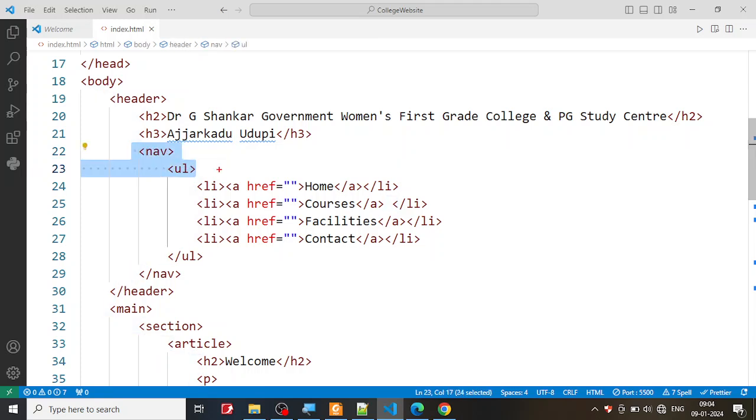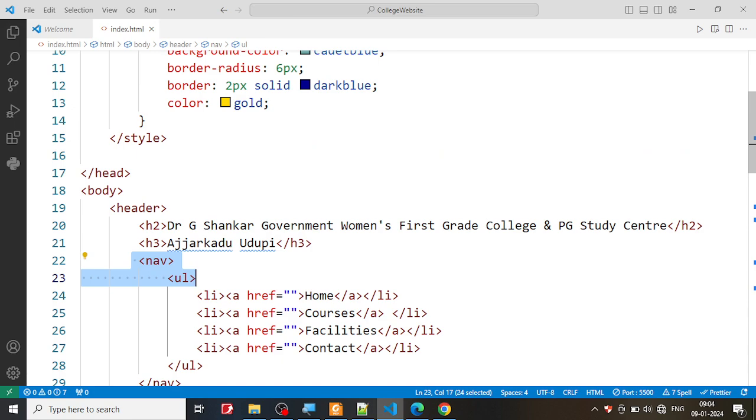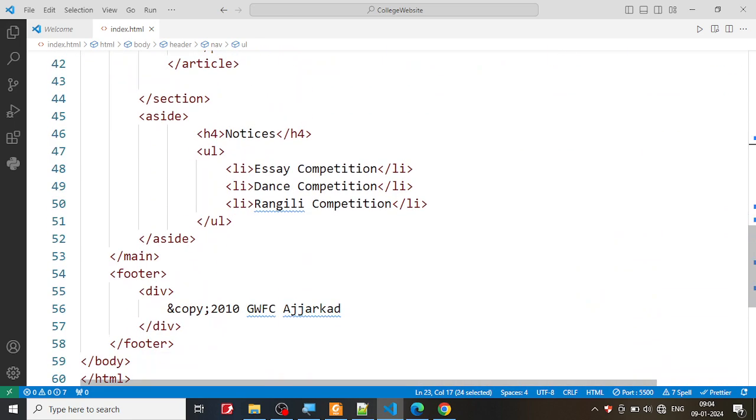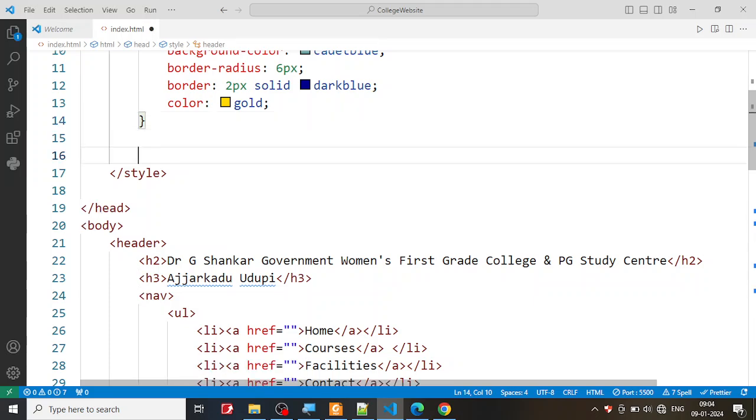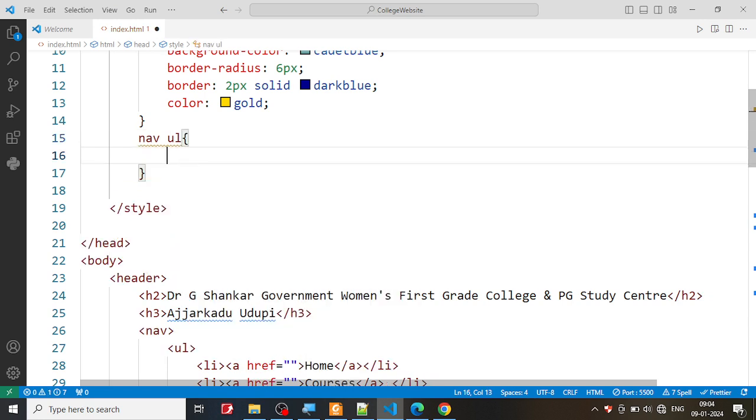So this is what I'm going to use. Navigation contains an unordered list. I'm going to set that because you have an unordered list somewhere else also, so I will not start directly with the unordered list. I'm going to say there is a navigation, and this contains an unordered list, and I want to set some